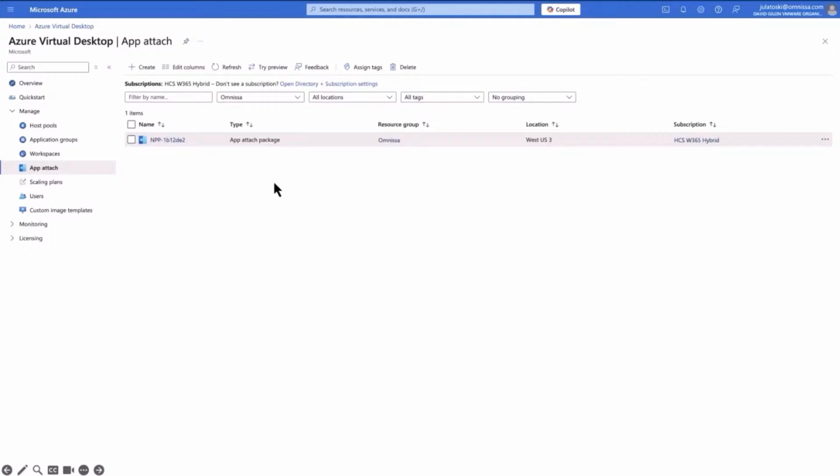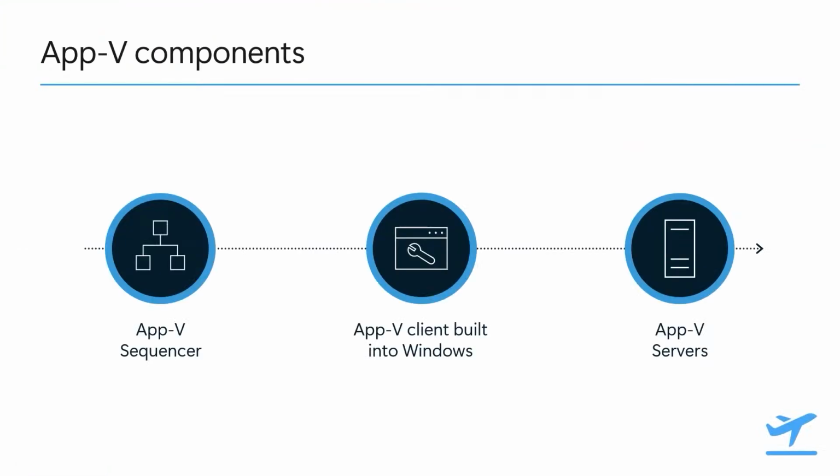There is no difference in terms of the Azure backend between a native AppAttach package, one with AppV, as we're going to see in a minute, or one with third parties. So you can actually mix and match as to what you need to do, and many of our customers are doing that. But you can monitor and admin and entitle all of those applications in exactly the same way. So I mentioned